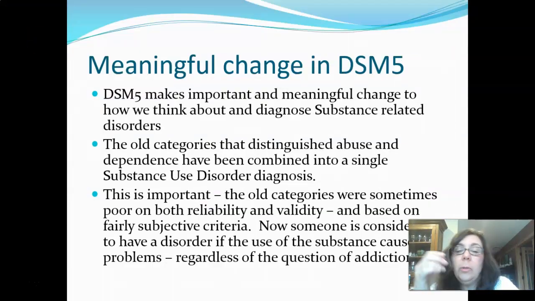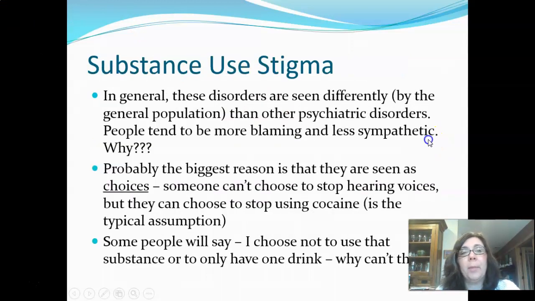Right, so you can see that what we're talking about here is, does this interfere in your life? That is what each of those criteria get at, as opposed to, are you using this in a way that's different from other people, right? You might be drinking at the same level as lots of other people you know, but it's interfering in your life and not interfering in their life, and then you would meet criteria and they would not.